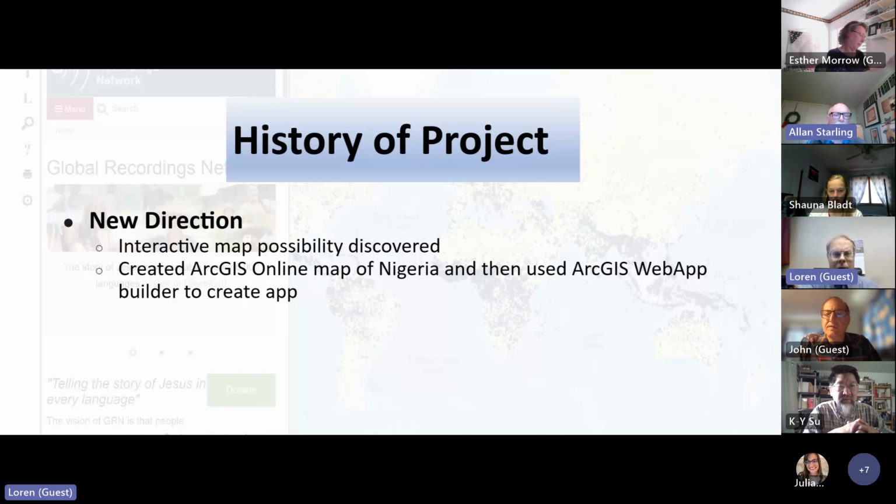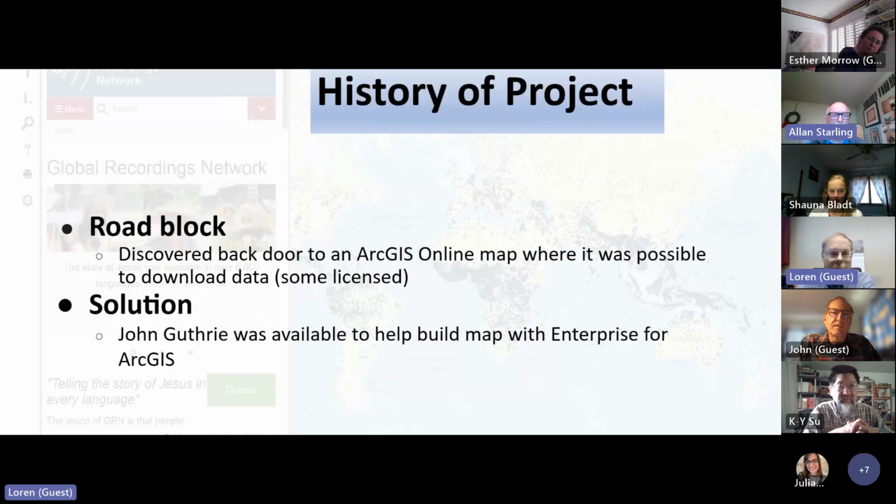Again, we tweaked this a bunch of times, and it looked like it might work. But then we came to a roadblock. We discovered there's a backdoor to the ArcGIS Online map where it's possible to download the data. The data we were concerned about was the language point data, because it was licensed data from SIL. So anyway,